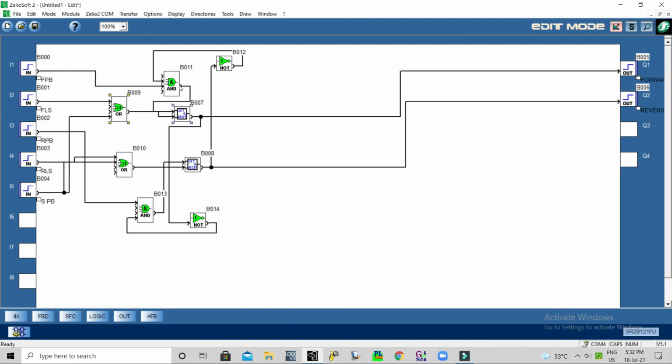Both blocks work the same. When this block is operated and its output is on, we have provided an interlock from its output to the next block. The same goes for this block, vice versa. You can see the output is connected through an AND gate and NOT gate, and the same output is connected to the other AND gate.